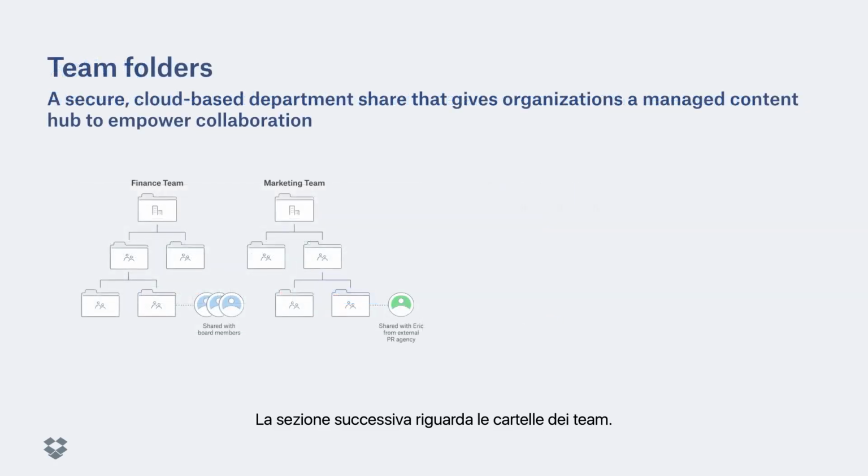The next section is the Team Folder. The Team Folder is a central file storage location with granular controls for organizations to easily organize, protect, and collaborate on team content. Granular permissions allow admins to manage access controls at every folder level to ensure company data is